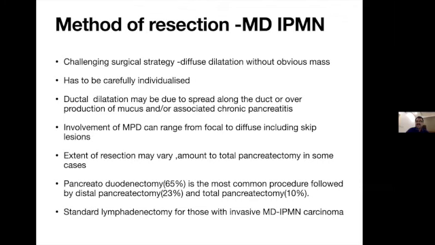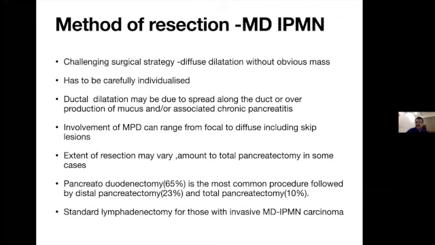So if you resect without any frozen section, you may sometimes miss the invasive cancer or the lesion with high-grade dysplasia. So the most common surgery done for a main duct IPMN is pancreatoduodenectomy, followed by distal pancreatectomy, and